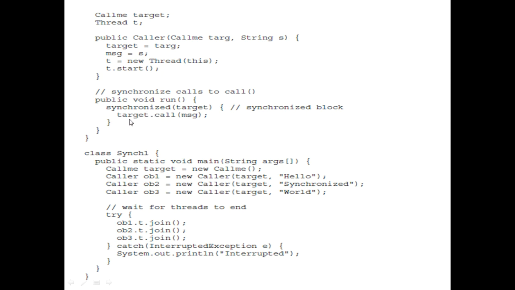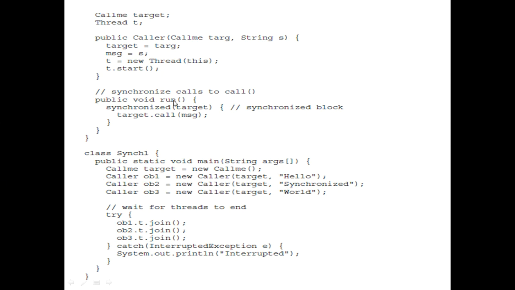As this is a synchronized block, inside the synchronized block you have target.call. So it goes to the call method. Whatever message you have displayed in that, it is going to display within a pair of square brackets. Then the control of the program will be given to the next thread who is waiting to display its own message, which is thread 2, OB2, which wants to display the message synchronized.